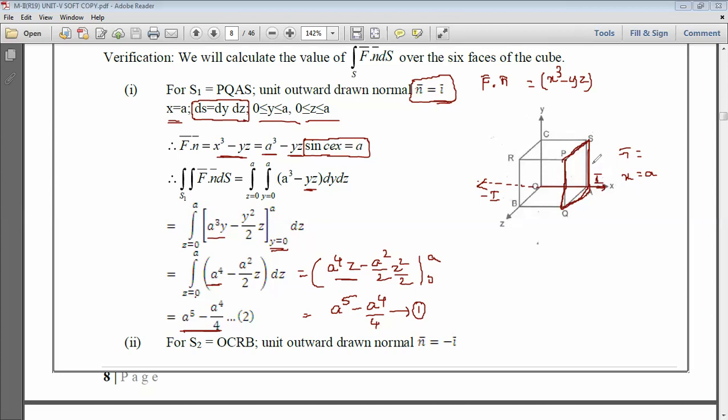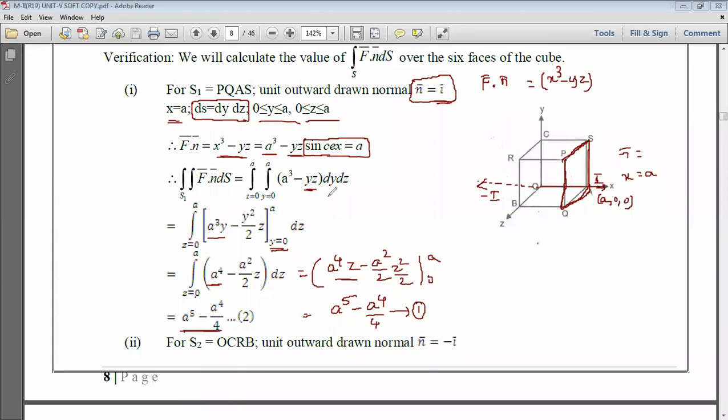And next, which is parallel to this, this is parallel to the y-axis. The point here is a, 0, 0. Okay, this is the point. So for that, x is equal to a. So simply we wrote here x is equal to a, and we substituted that.